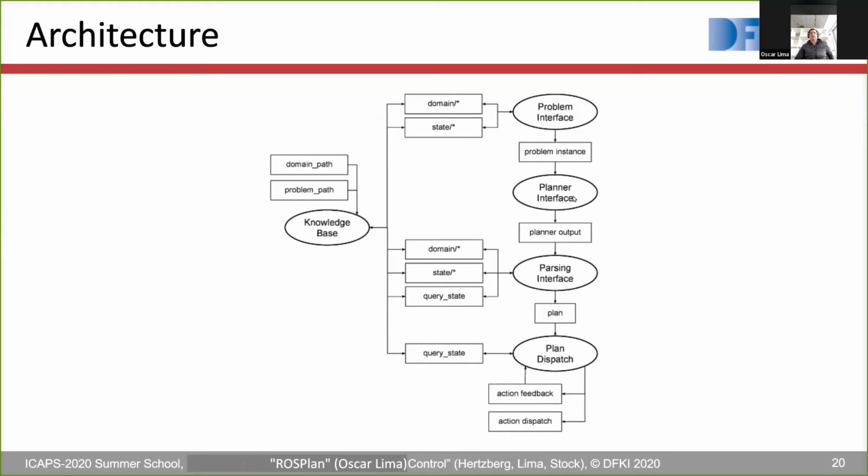And then the planner interface is just a wrapper for an AI planner. So inside here, you will have your FF planner or your POPF or the planner that you make maybe. And it will produce a solution. And then this solution needs to be parsed. Because this solution is just a text coming from the terminal,